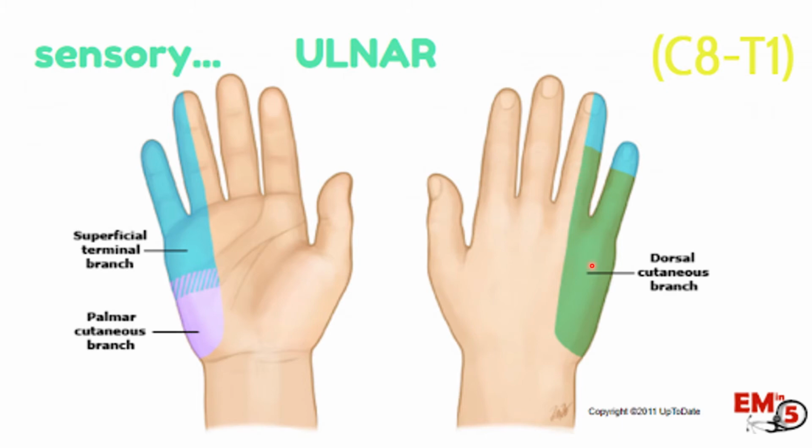Okay, so this is very important in viva. You can be asked by the examiner about the nerve supply of the dorsum of the hand. You have to tell which is the cutaneous nerve supply, which is the palmar nerve supply, and which is the dorsal cutaneous nerve supply. So the dorsal cutaneous branch of the ulnar nerve supplies the medial half of the dorsum of the hand, the fifth finger, and the medial half of the fourth finger. And the superficial branch of the ulnar nerve supplies the cutaneous branches to the anterior surface of the medial 1.5 digits.